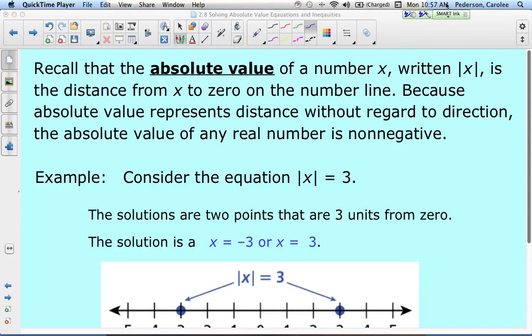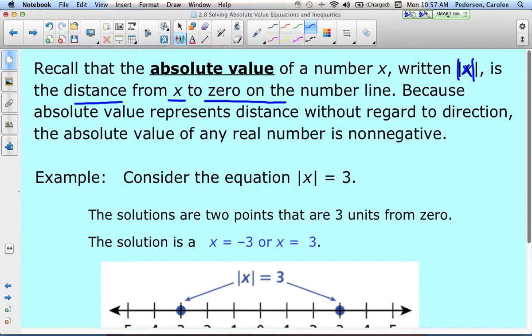This is a definition of an absolute value. An absolute value is written with x and then two vertical lines, one on each side. It is the distance from x to 0 on the number line. So if we look at this example of the absolute value of x equals 3,